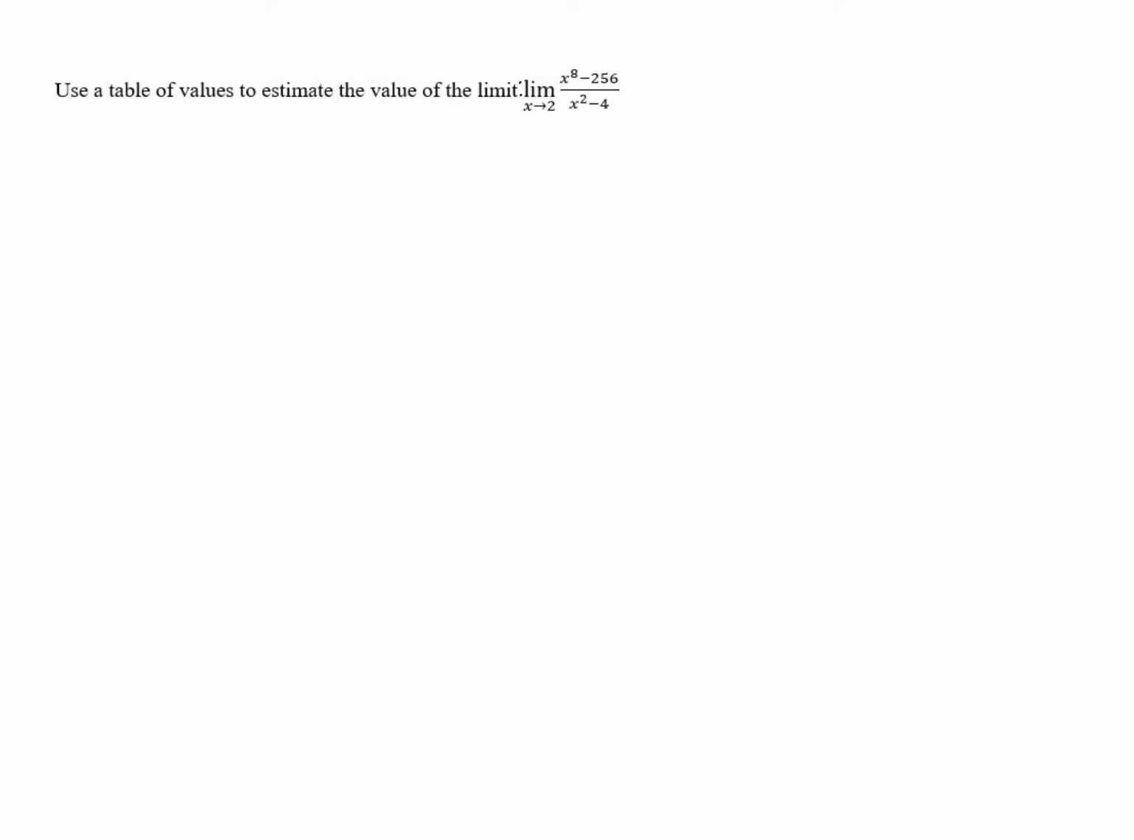Use a table of values to estimate the value of the limit. And the limit that we're looking for is the limit as x approaches 2 of the quantity x to the 8th minus 256 all over x squared minus 4. Now, since we're looking at the limit as x approaches 2, we're going to want to look at some values